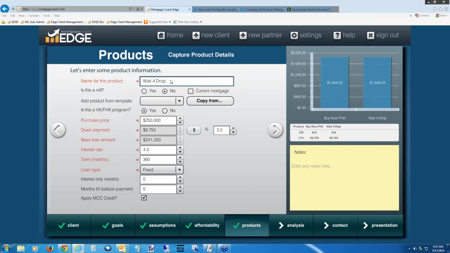Now remember, we said that this is what would happen if they waited for a price drop. So let's say they waited for a price drop. It actually went down to $240 because the house is dilapidated and it's going to need to be fixed up anyway. But in that same time period where they waited for this to drop 10 grand, that interest rate could have gone up significantly. Now it's up to you, totally subjective on what you want to use for an increase